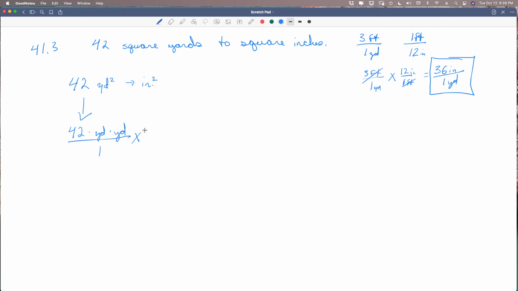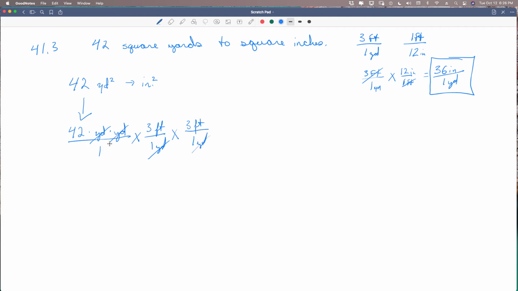So we're going to put yard in the bottom. So 3 feet over 1 yard, cancels this one, times 3 feet over 1 yard,